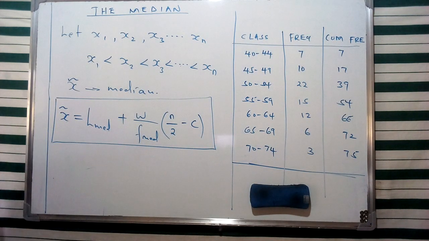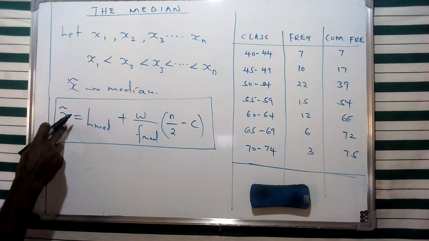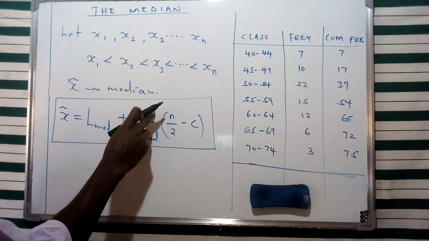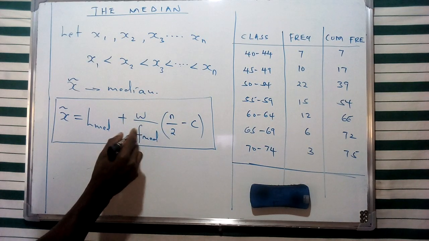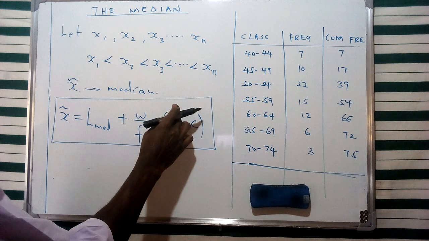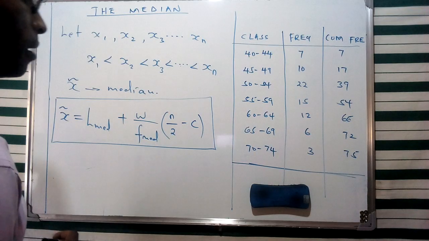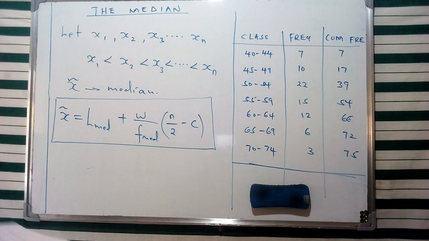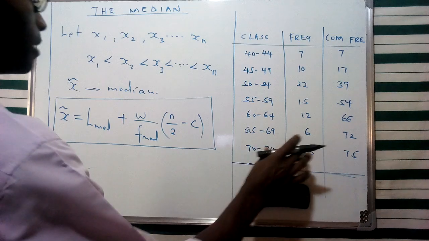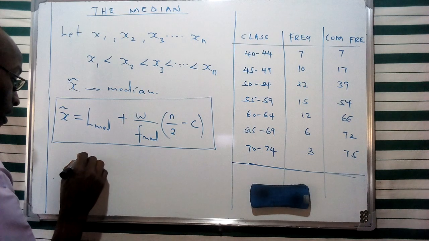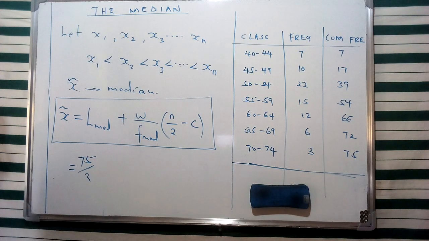And I've said that this basically is going to be given using this particular notation that constitutes the lower class boundary of the median class plus the class size of the median class divided by the frequency of the median class, multiplied by the number of observations divided by 2, minus the cumulative frequency preceding the median class. Now, in this case, if we are going to evaluate the median class, as we see, the median is going to be the middle value of this specific series, and we can represent this by finding half the cumulative frequency given as such, and this is going to represent our